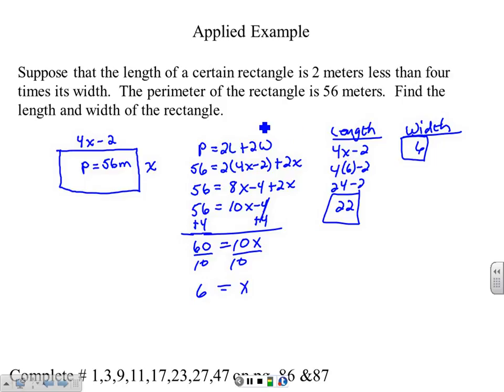So what I'd like you to do is I would like you to complete these problems on pages 86 and